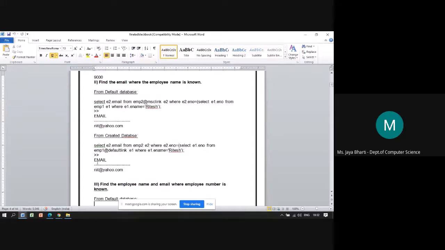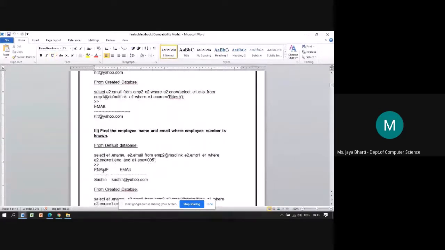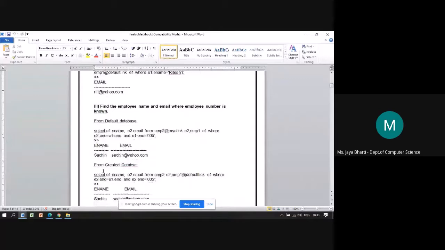Both are giving the same, correct results, but one query is operating on the created database and the same query is operating on the default database.